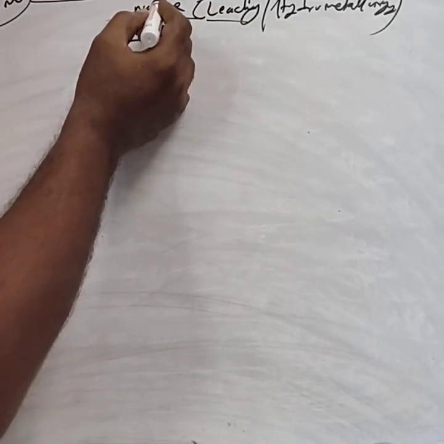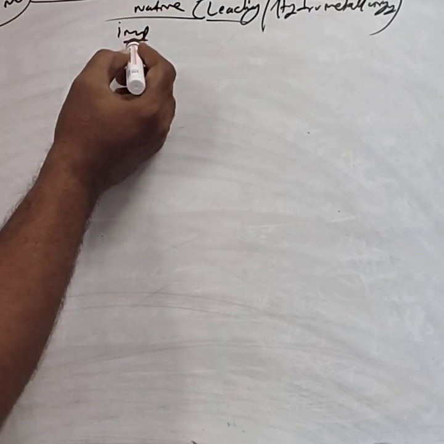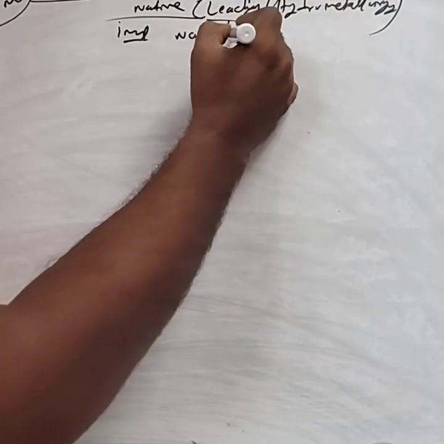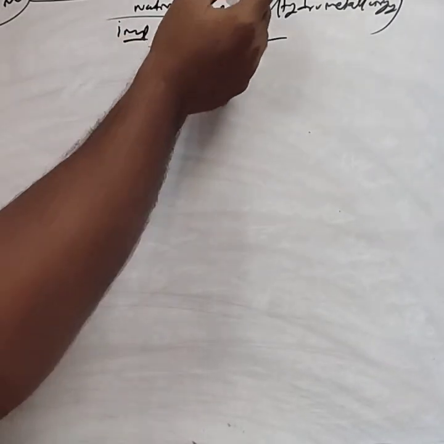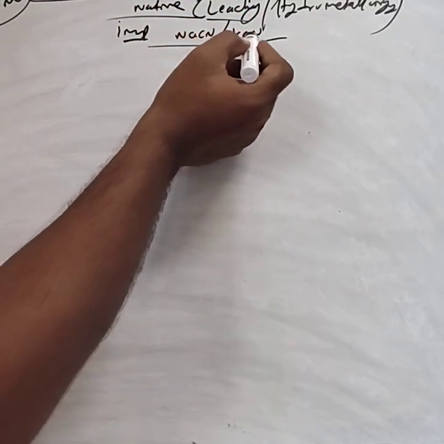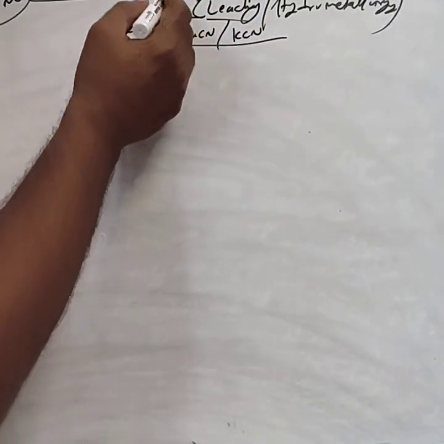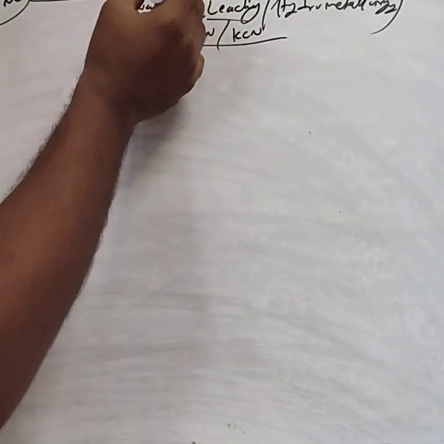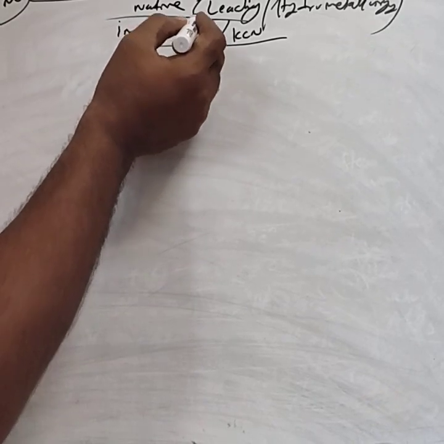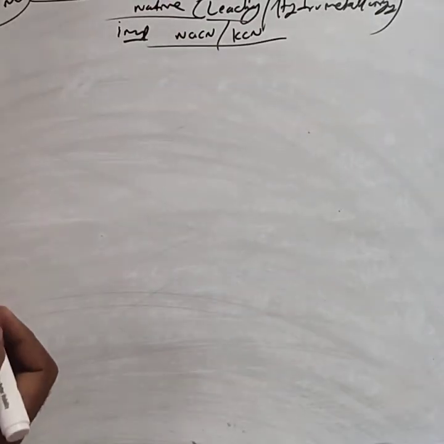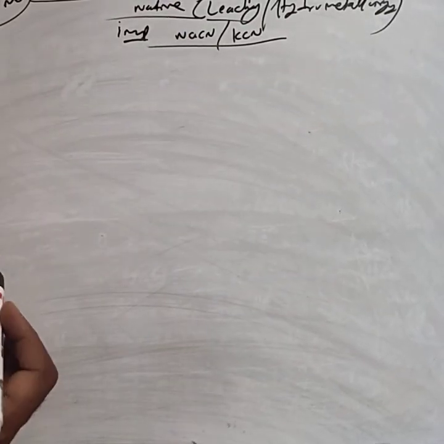Hence, gold present in the native state is associated with impurity. To separate that impurity, we have to consider sodium cyanide or potassium cyanide solution. The reagent used in the cyanide process, or leaching of gold, is sodium cyanide or KCN. If the gold is treated with sodium cyanide or KCN, only the pure metal gold dissolves in the cyanide solution, forming a complex compound, while impurities are insoluble. Those insoluble impurities are separated by the filtration process.